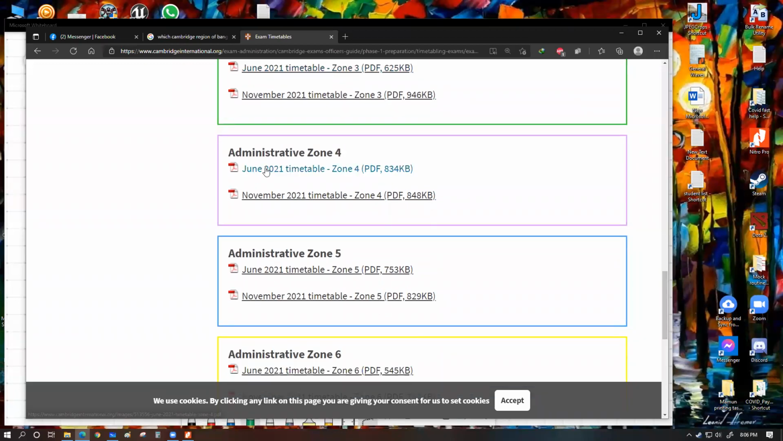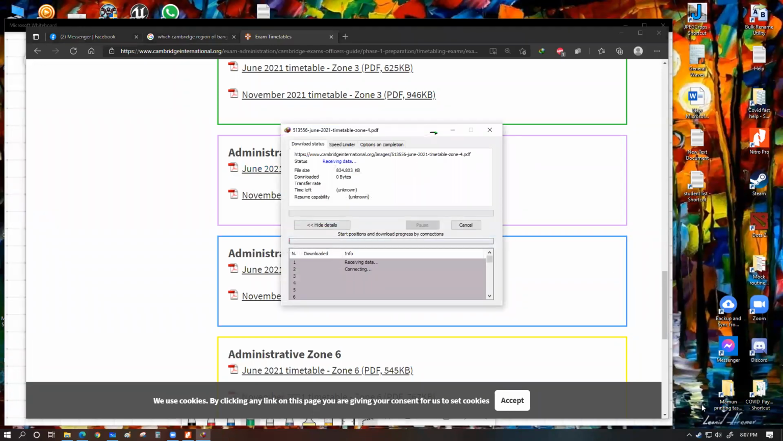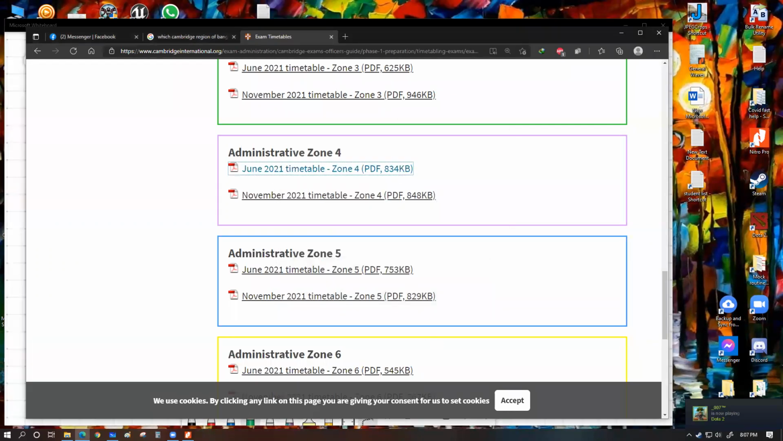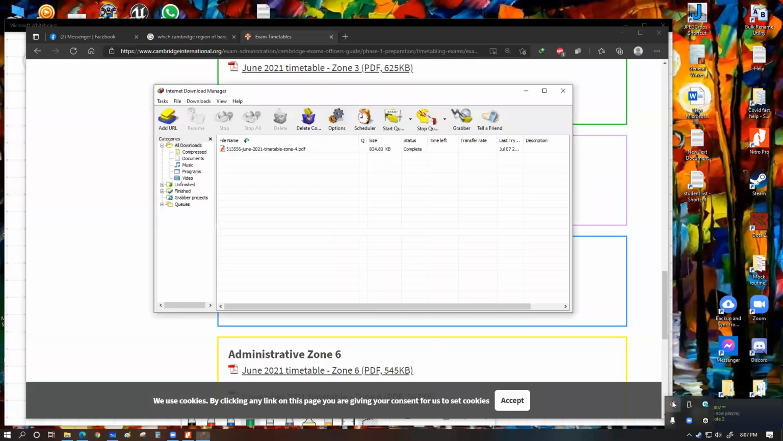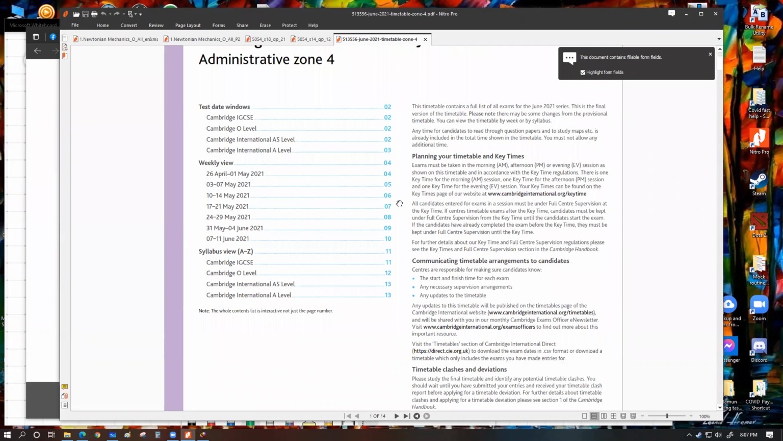Administrative zone 4. Let's say this was the exam timetable for June 2021. So এই বছর যাদের এক্সাম হওয়ার কথা ছিল হয় নাই, তাদের ইয়া হচ্ছে এটা। সো এইখানে দেখলে তুমি পাবা হচ্ছে জোন 4 এর পোলাপানদের পরীক্ষা কোনটা, ক্যামব্রিজ ও লেভেল সিলেবাস ওয়াইজ ক্যামব্রিজ ও লেভেল।